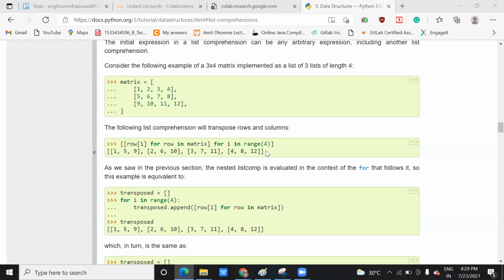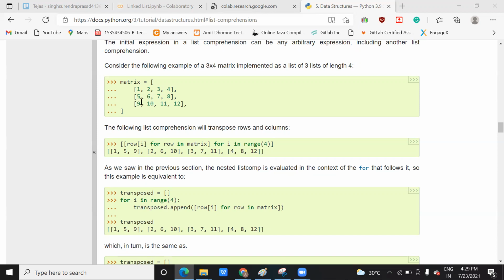Okay, so what it is going to do, row I for row in matrix for I in range 4, it is going to transpose the elements. You can see transpose: 1 5 9, 2 6 10, 3 7 11, 4 8 12, right?